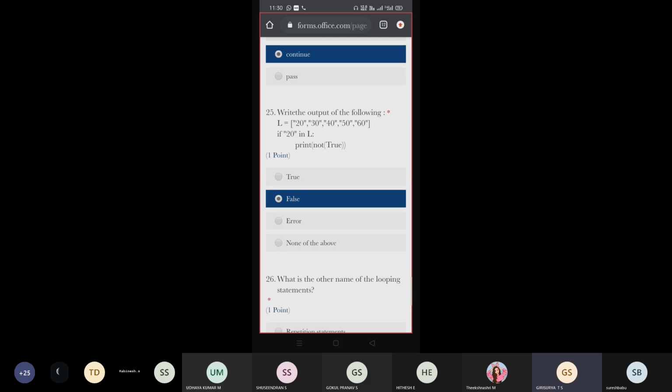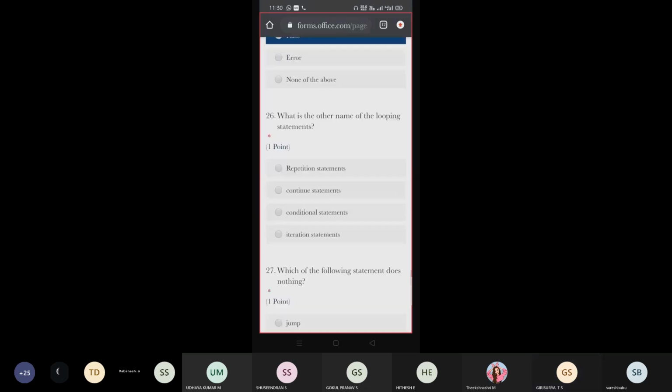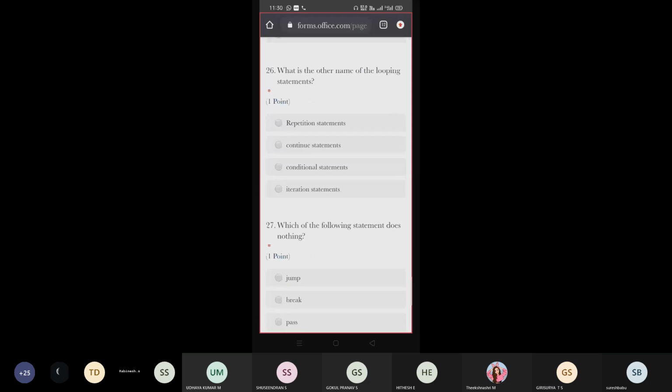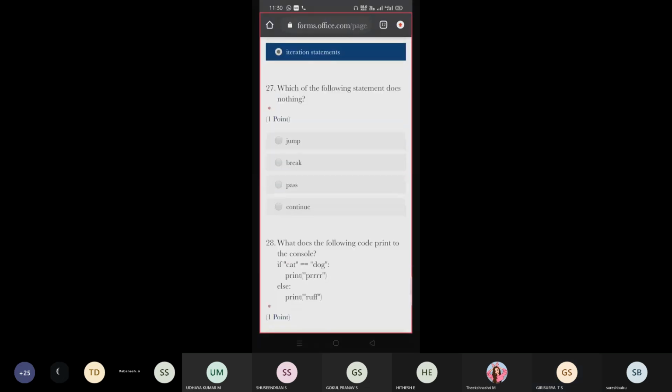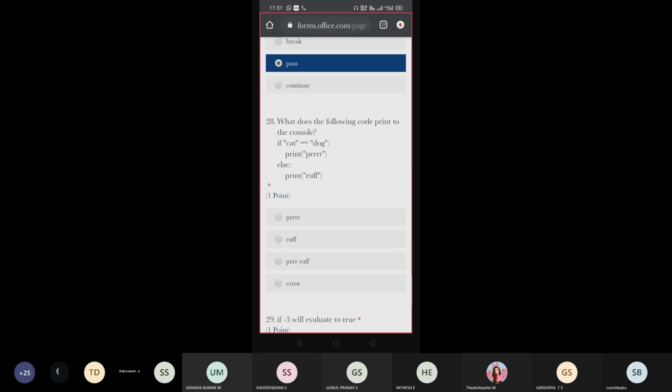Then what is the other name of looping statements? Iteration statements. Yes, very good. Then which of the following statements does nothing? Pass. I already told you that pass is just used to transfer the control to the next line.